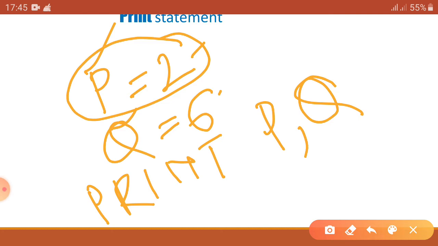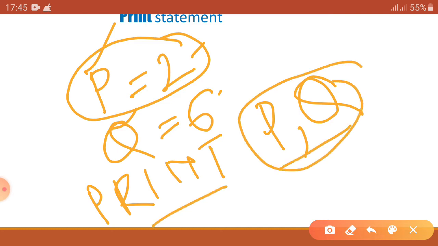So if you want to print the values of these two variables, you have to use print P comma Q. Then on the output screen it will show the values of P and Q, that is 2 and 6.